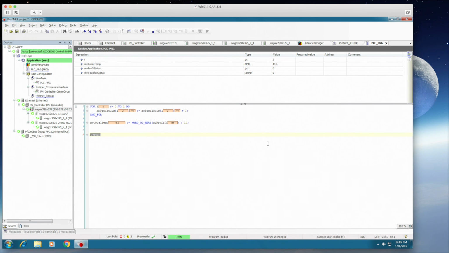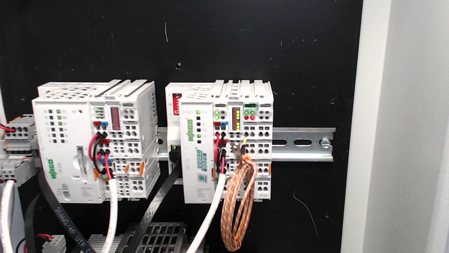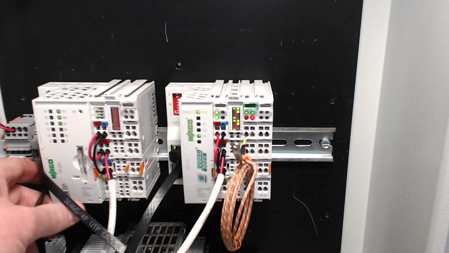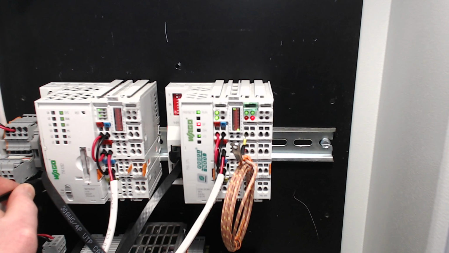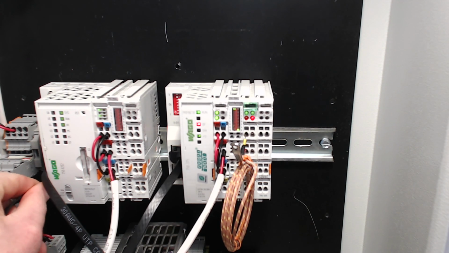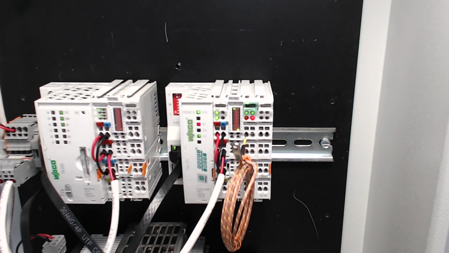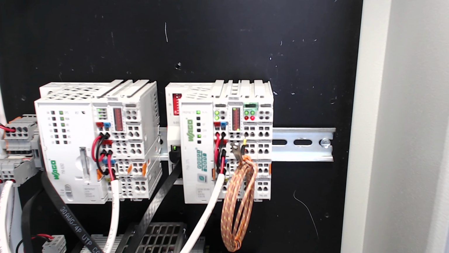So we're going to go online with this, and we'll bring up the video of the coupler. You can see it's running, and I'm going to remove the network cable, and you can see now I've got bit 0 and bit 15 both went high when it lost the network. If I restore the network, you'll see it takes a few seconds for it to reconfigure and do some error checking, and then it restores itself. This is just one of the many